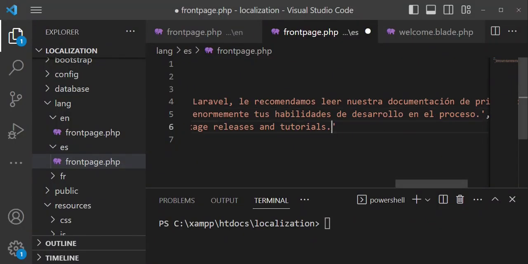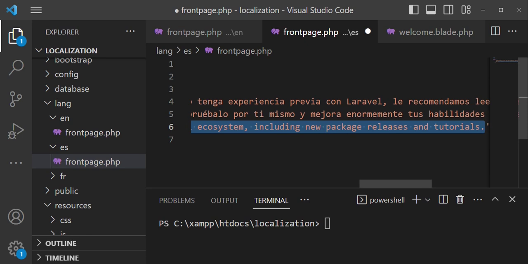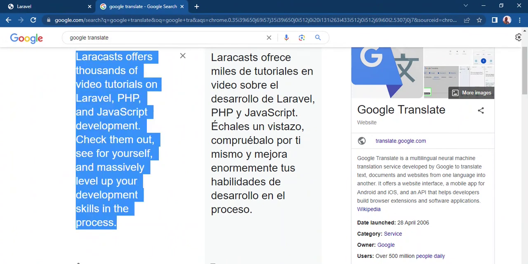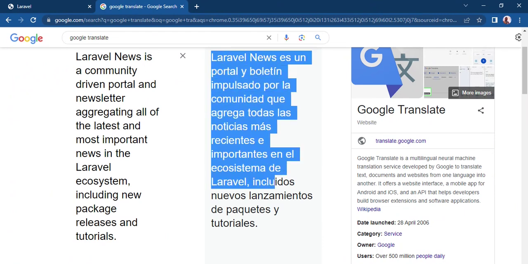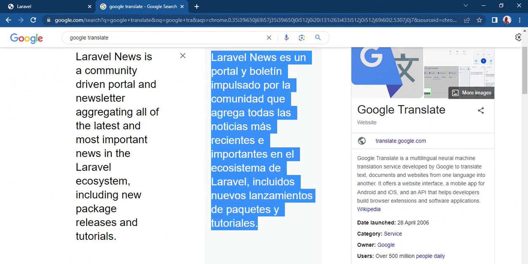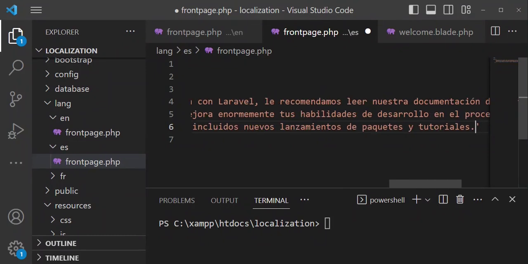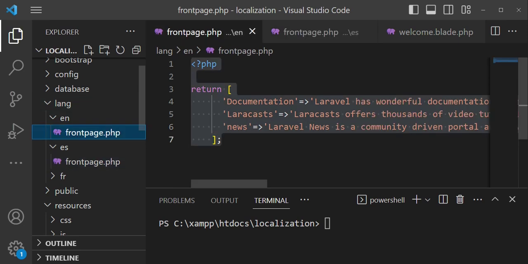And then the last thing is about news, or Laravel News. So I will also copy this one like that, and then still go and paste it here, such that we have a translation in Spanish, and then you come and copy it and paste it there. So we have our Spanish translation file is ready, and then I would still want to copy the same file here